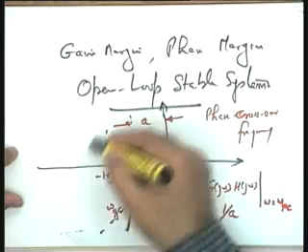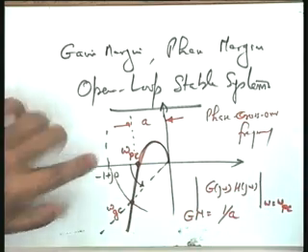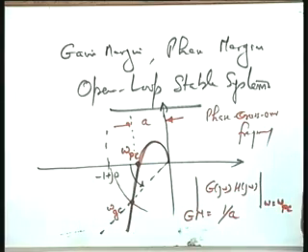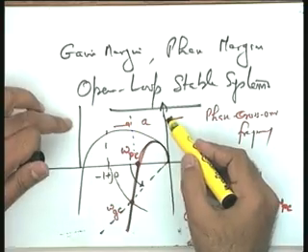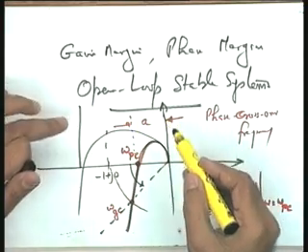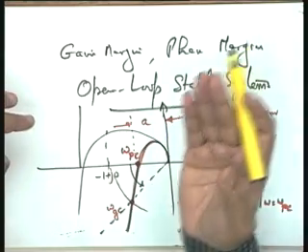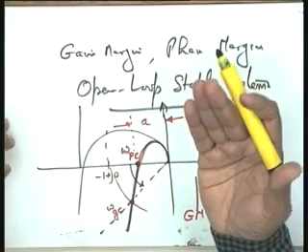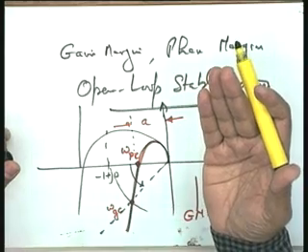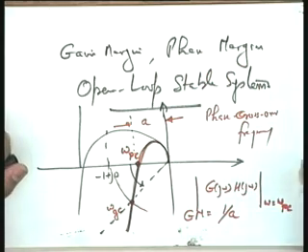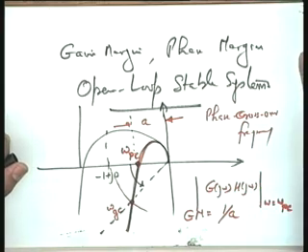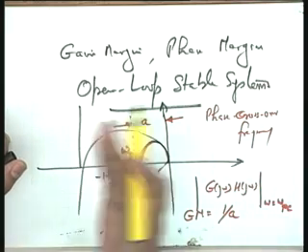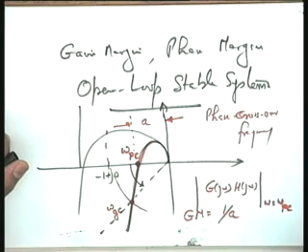You see that it crosses this. Now, surely it is unstable because we are working with open loop stable cases. So, if it crosses this and you still apply your definition of the gain margin and it is less than 1, qualitatively what is the meaning of the gain margin less than 1? It simply means that you have already increased the gain to an extent that the system has become unstable. Now, you decrease the gain by this factor if you want to bring the system back to the stability region.